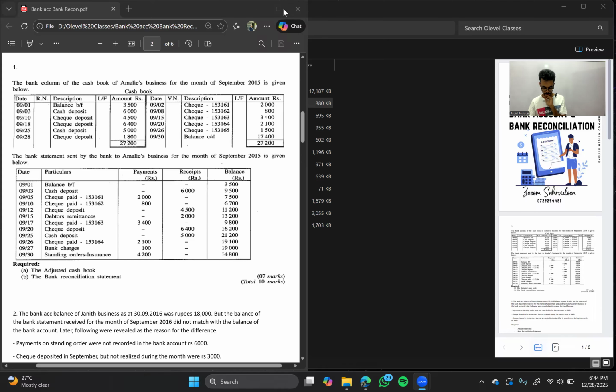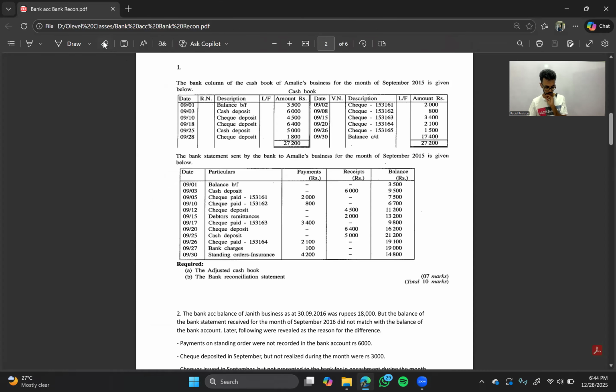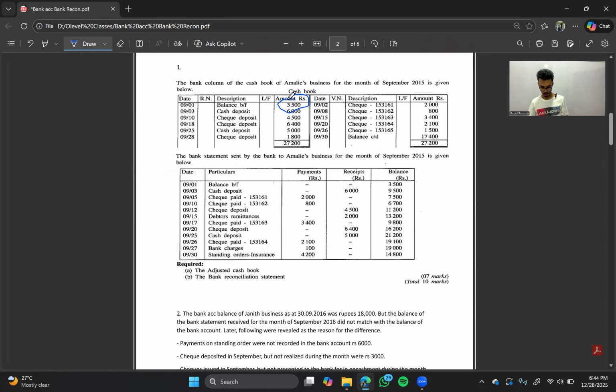Okay, look at this particular thing. Here you have got the balance in this area, 3,500. And then you have got a balance here of 17,400. And then here you have another balance of